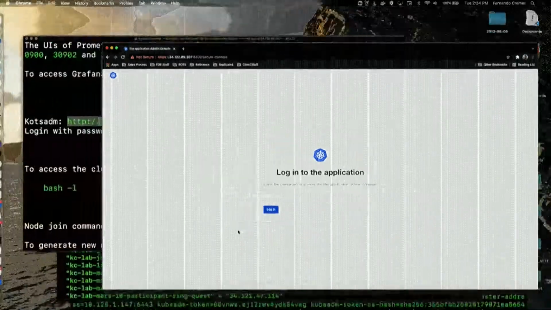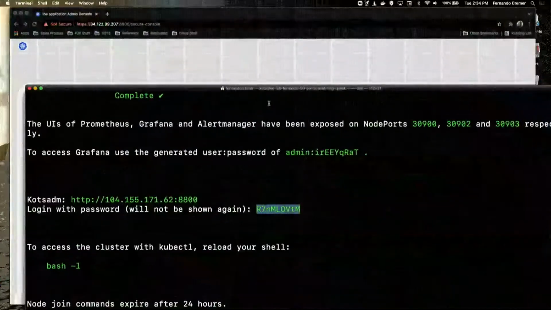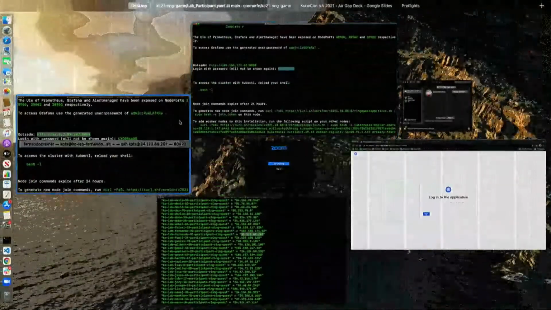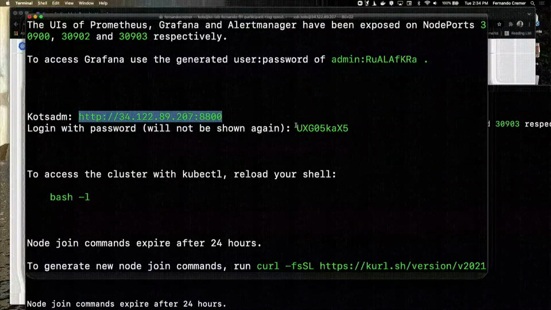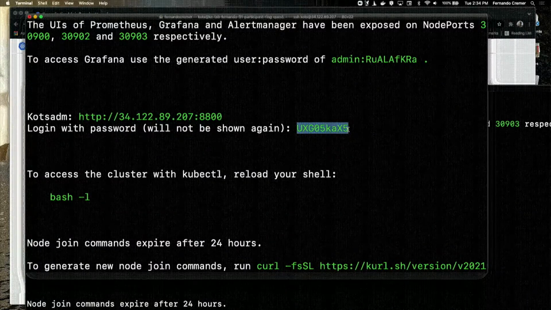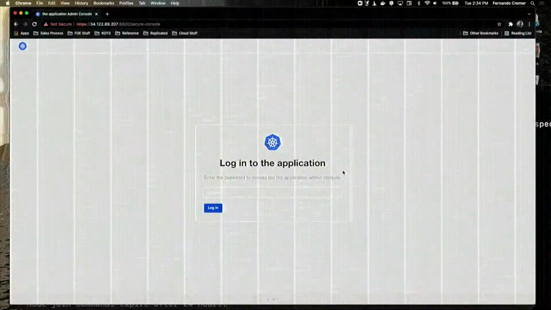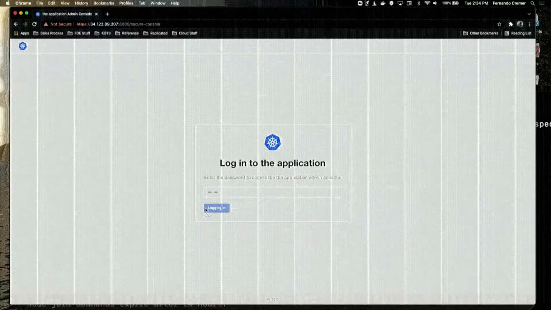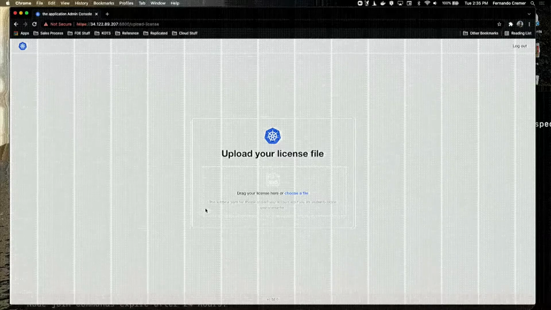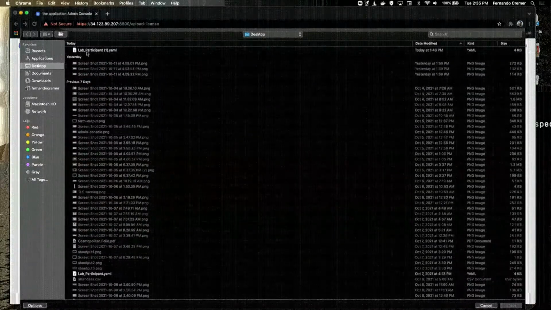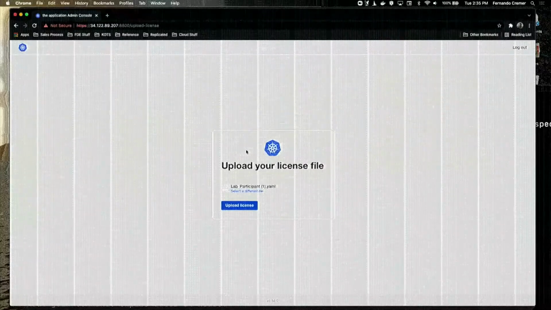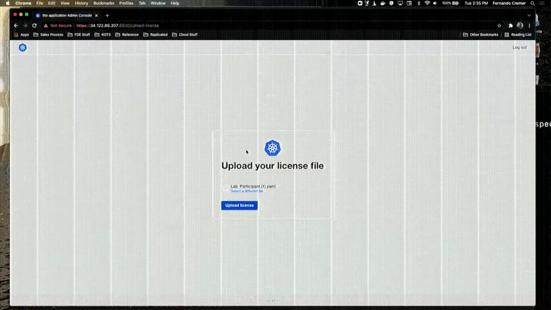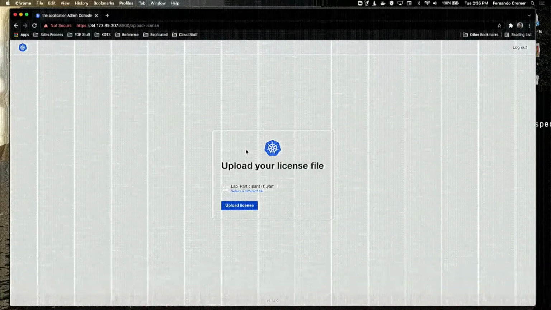And that should take us to the login page, and for that we're going to use the, actually the right one. So I'll copy, and I'll paste right here. And then this is where we need that license, right? And I believe I just downloaded it today. So this is the license that should have come that's in the repository. So once we deploy the application,